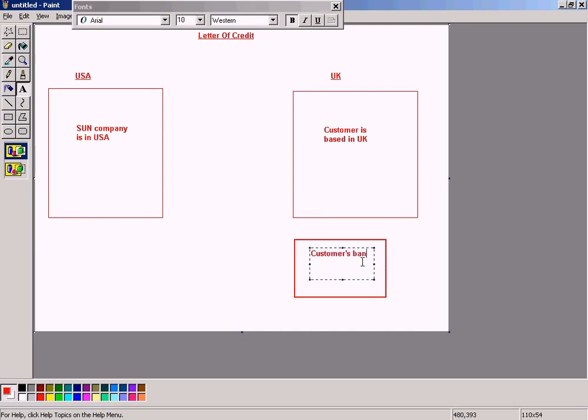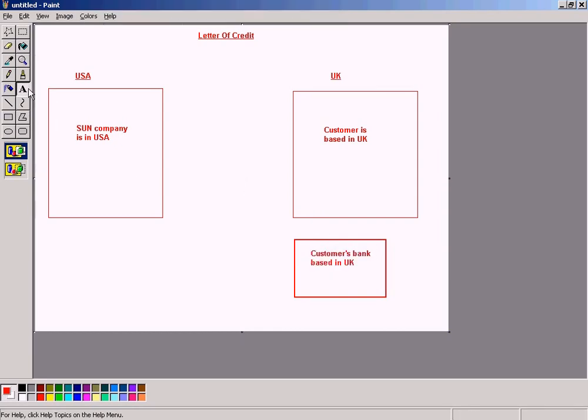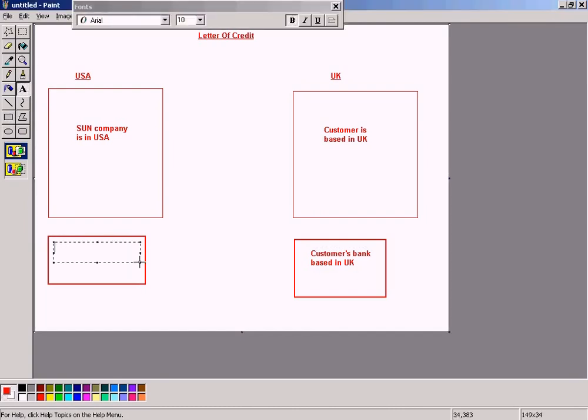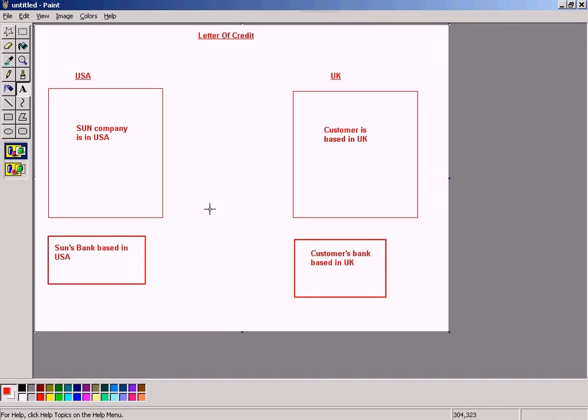Customer's bank based in UK, and our bank which is based in US. Sun bank based in USA. So what the customer in UK will do is that he will contact his bank in UK,